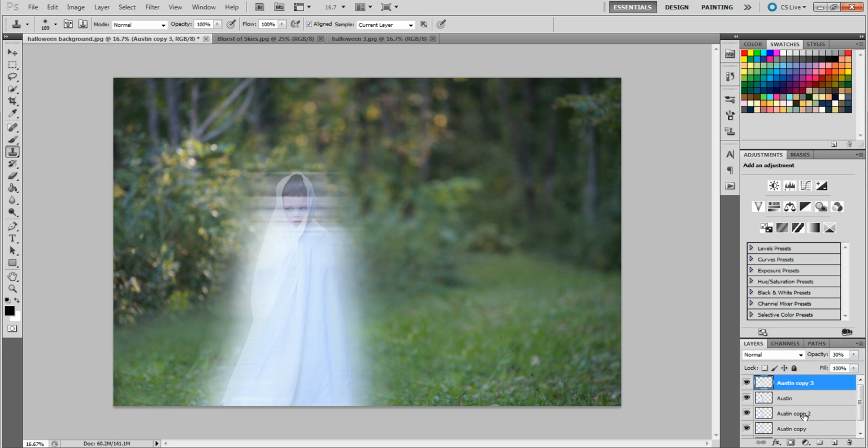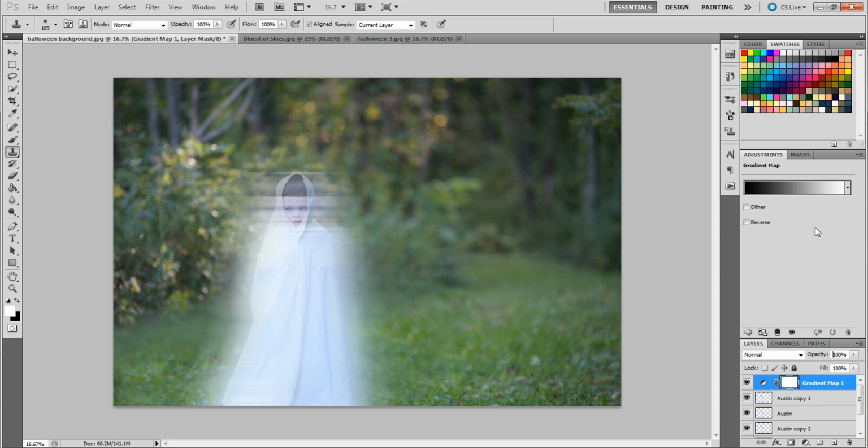So after you get your ghost the way that you want him to look, all we're gonna do is turn the image into a black and white image. So I just used a gradient. That's just the easiest way for me. And when I'm just playing around with different black and whites, I usually set it to a black and white gradient first before I play around with any of the other colors. And I just want a standard black and white. So this is how I like it, and this is how I'm going to leave it. So now that we've got this set, we are just going to label this our black and white